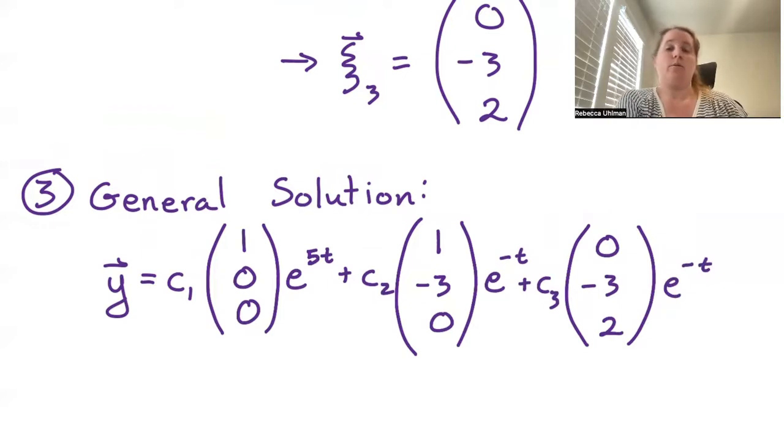So this is a case where we did have a repeated eigenvalue, but we still had a basis of eigenvectors. And so we were able to still write our general solution in this format we've learned so far. All right, so that is what we do if we have real eigenvalues with n linearly independent